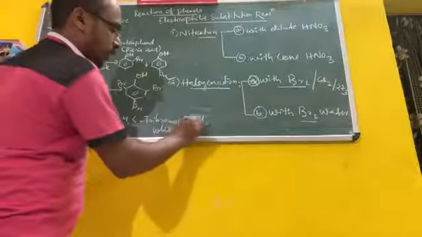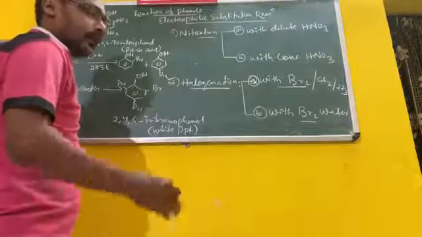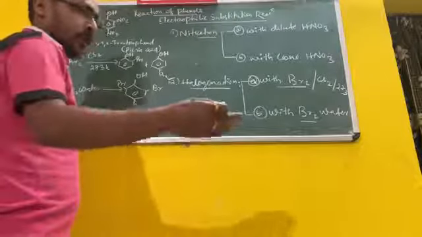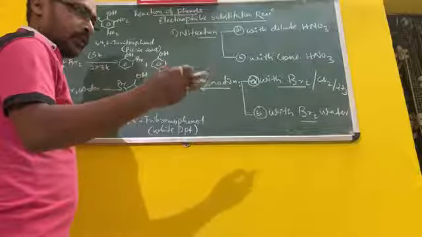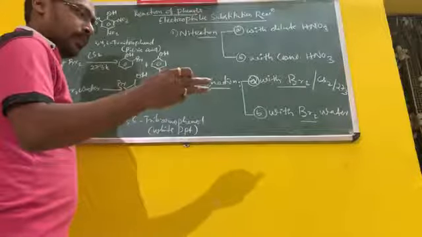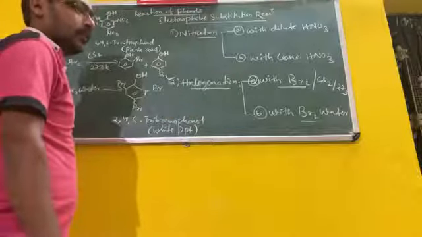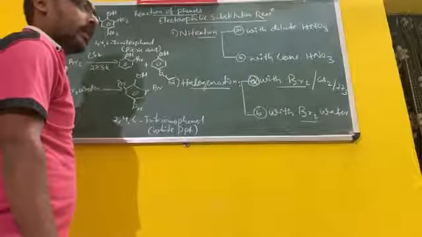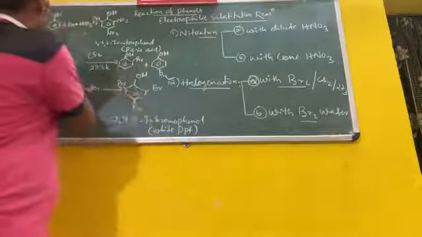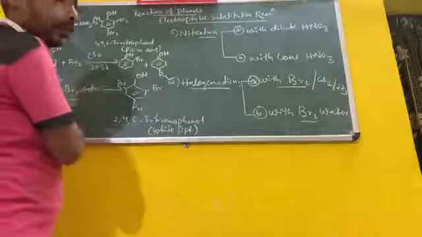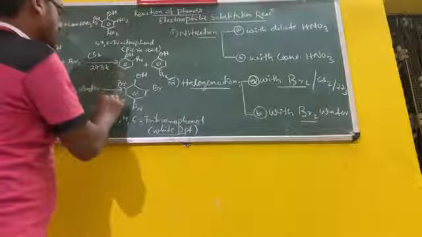This type of reaction, in the lesson on haloalkanes and haloarenes, is also used with alkenes to detect the position of the double bond. The double bond is between two carbons, and those two carbons take bromine to form vicinal dibromide. When bromine water is treated with an alkene, it forms vicinal dibromide, which decolorizes the bromine water. But when phenol is treated with bromine water, it forms a white precipitate. This is a chemical difference. This is important, all the reactions are important.